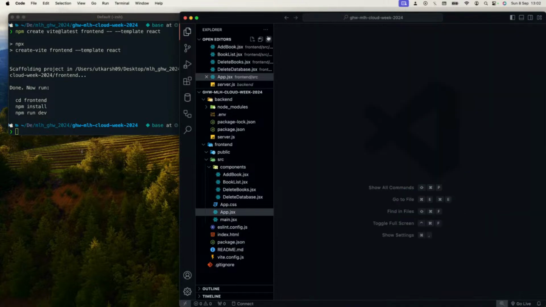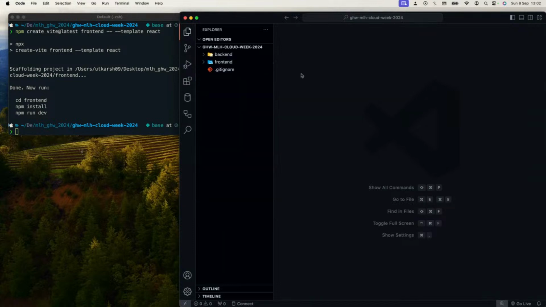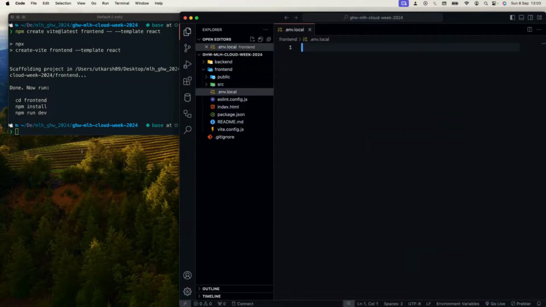Let me close everything right here. Where should our environment variable be? It should be inside the frontend folder, at the same level as these things. So I'm going to create a new file and call it .env.local. Okay, and locally, if the server is running, then it should be http colon slash slash localhost colon 5001. But in production, when we deploy it,